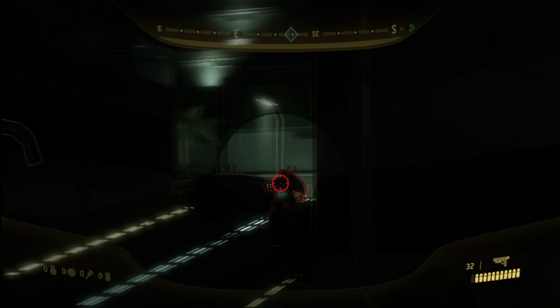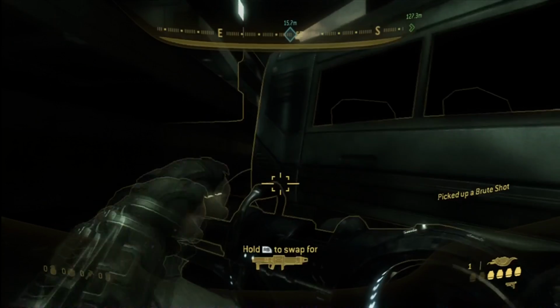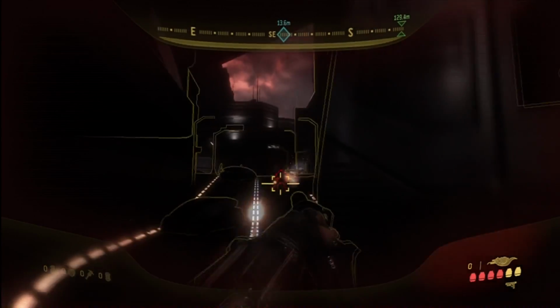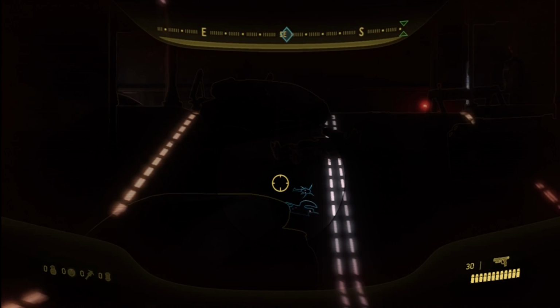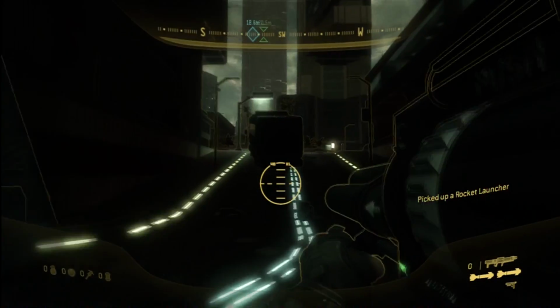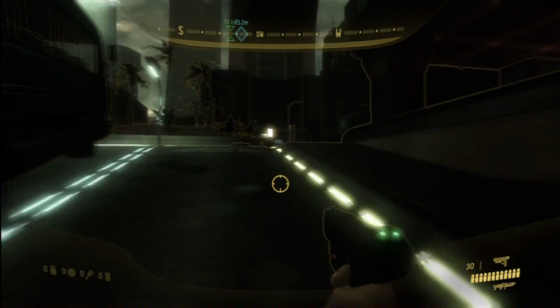So, more brute jumpers, don't waste your ammo on them. You can pick up a dummy weapon, in this case it's a brute shot. The only thing I would recommend is to just retreat if you can find nothing except for a spiker, because sometimes the brute jumpers carry spikers. Even if he has a plasma rifle, you can make that work, but a spiker just won't work. Then retrieve your rocket launcher,